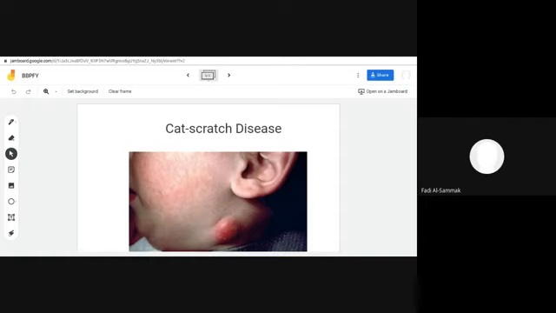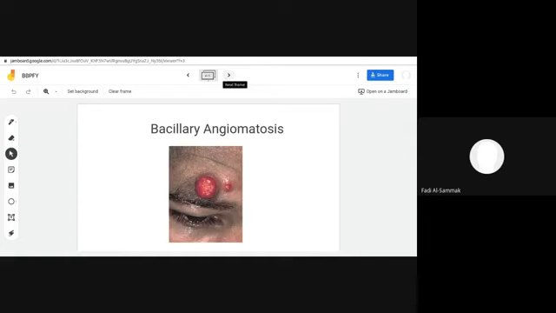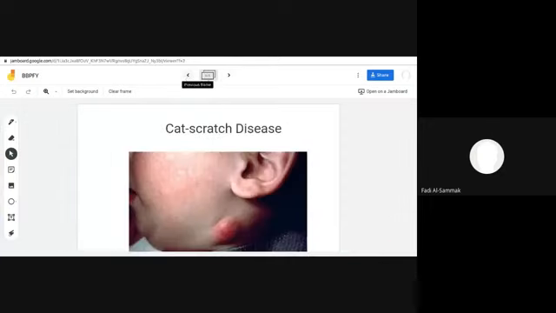Now, the third species in this group, before we go to the other microorganism or other disease, is Bartonella quintana, and the name quintan from the quintan fever or trench fever. It is called trench fever because it was first recognized as a disease in the trenches in World War I, because the soldiers in the trenches were exposed to different bites and also lice as a vector, and then exposed to the Bartonella microorganism because of the poor hygiene, and